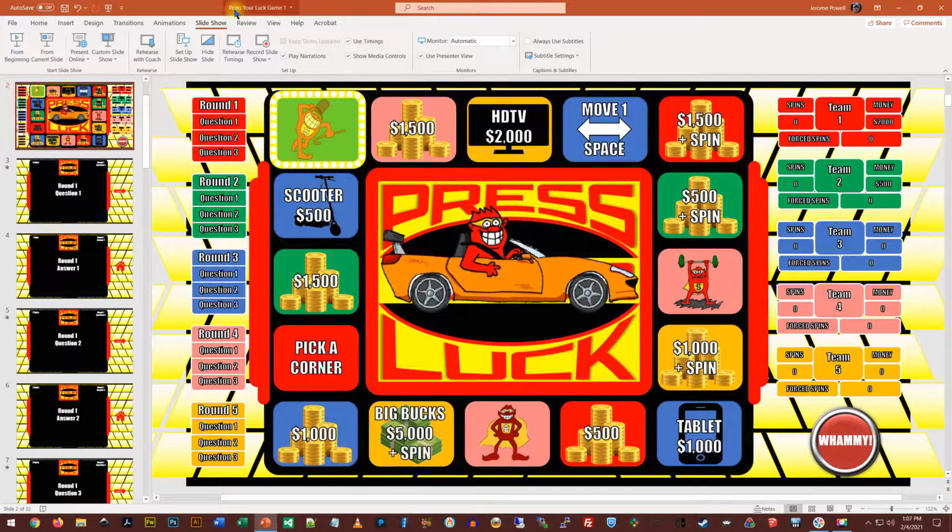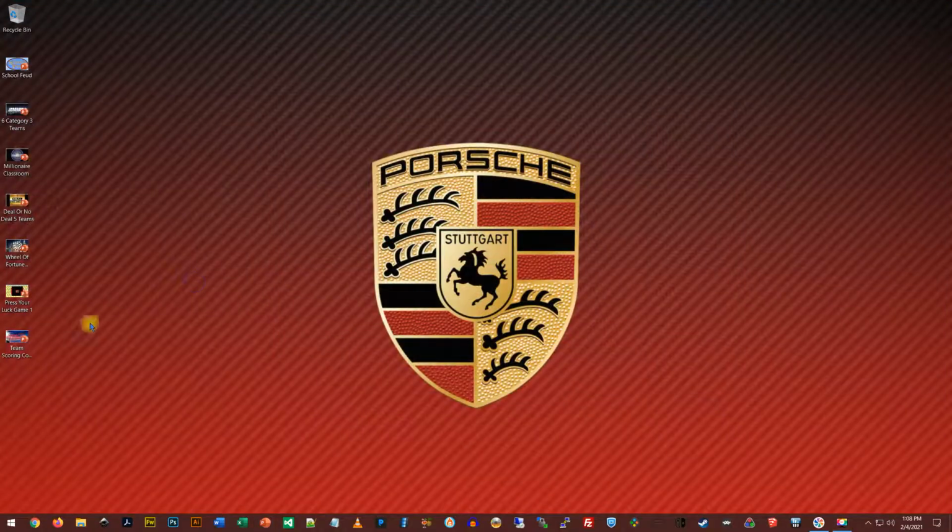For this game, Press Your Luck, I have 2 versions of the game. They operate the exact same way. The other game just has different whammy icons and different whammy stuff. So if your students really like it, and you play this one a couple times, you can do the other one, and it's a little fresher for them. And moving on to the last one,